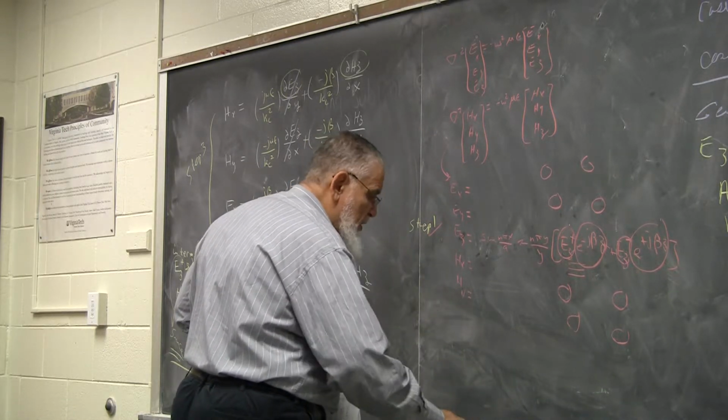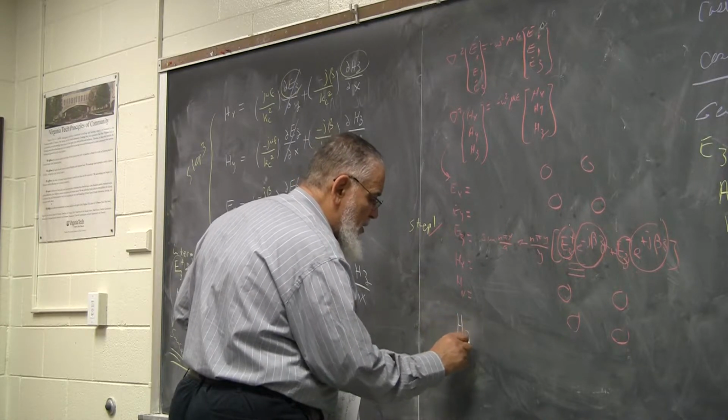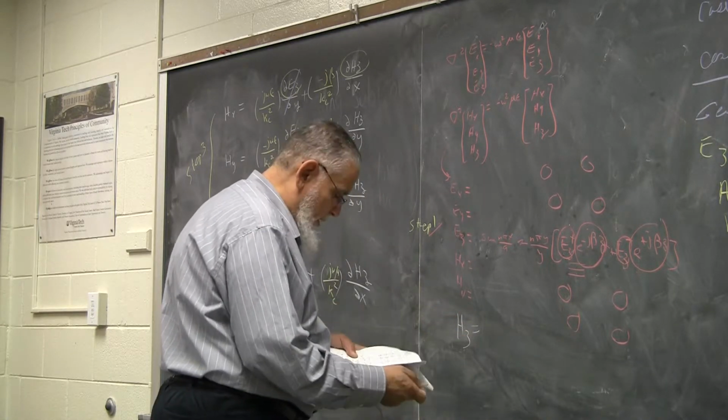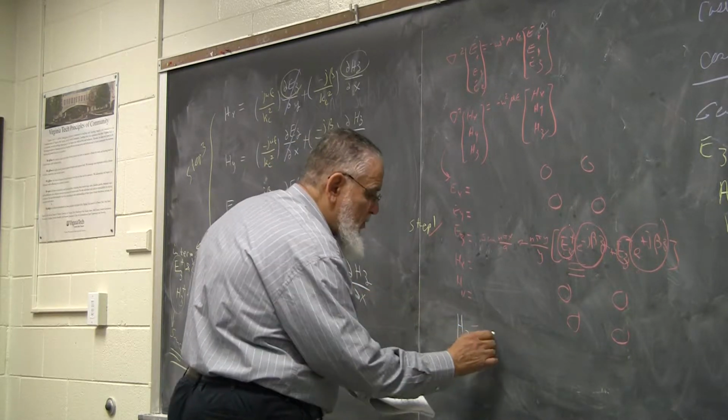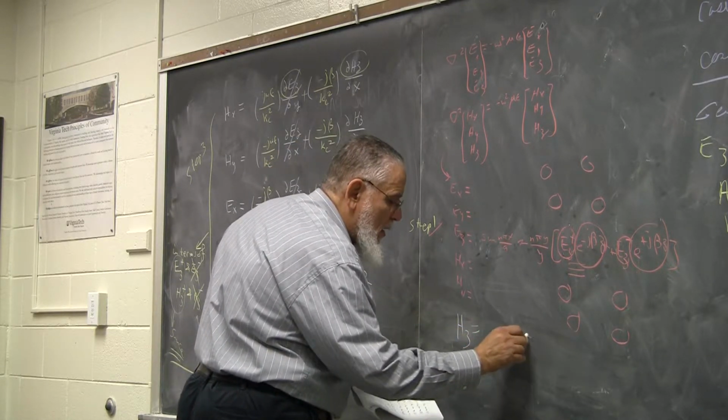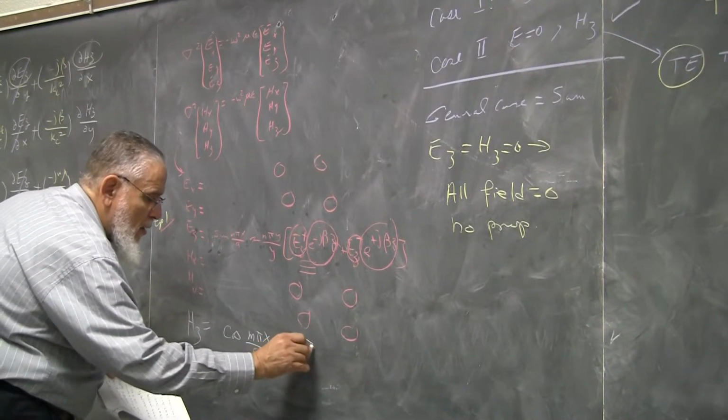Let me write this expression here, and if it turns out to be the wrong expression, I'm going to let you know later. But I think it is the right expression, because it has cosine m pi x over a, cosine m pi y over b,